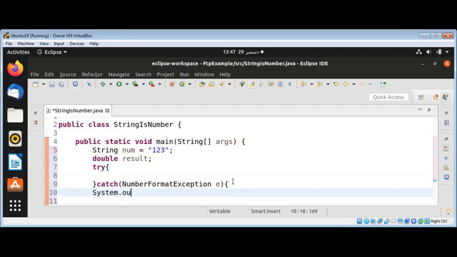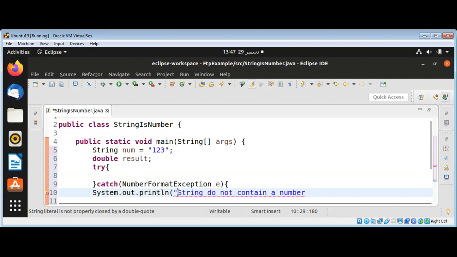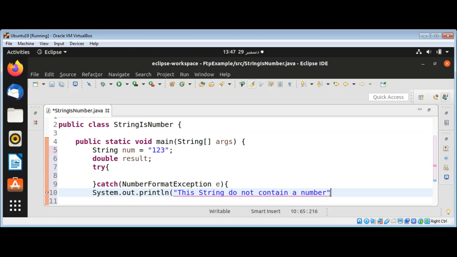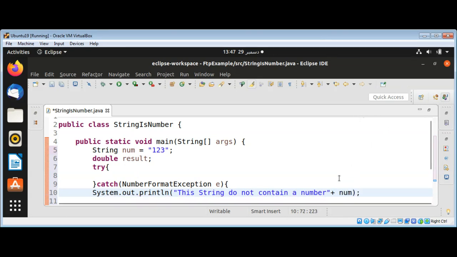System dot out dot println, string does not contain a number. This string, and also we can add the number that will be our num variable here,